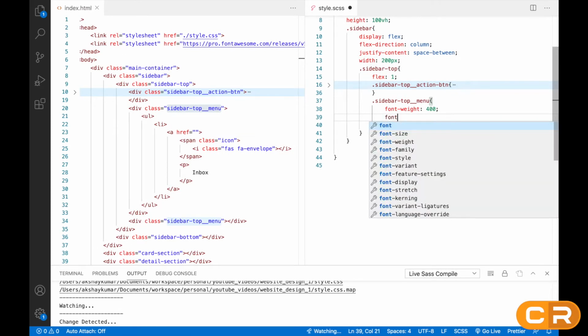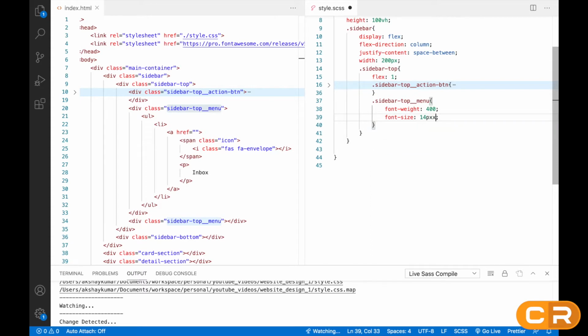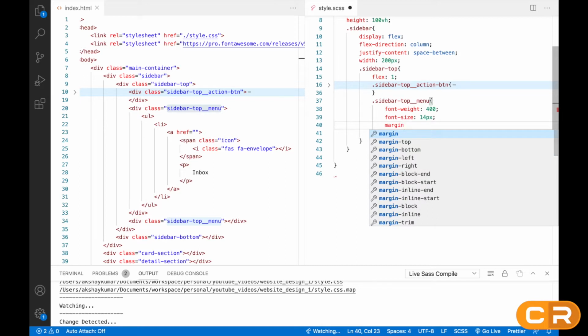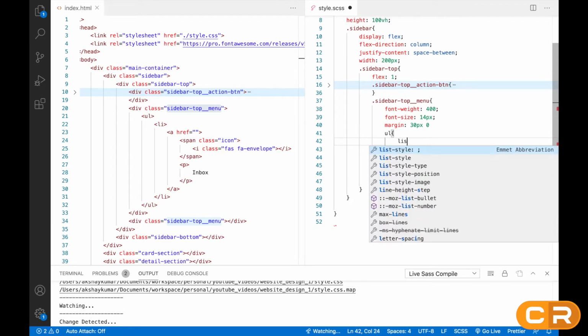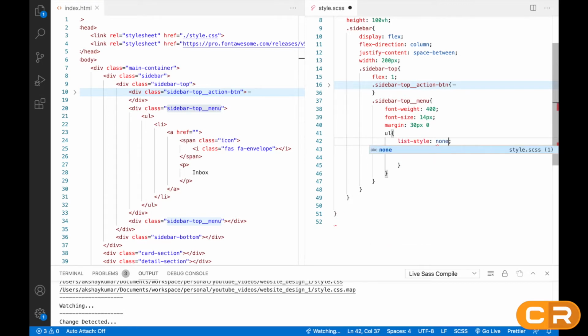Then font size, it's 14 px, and margin will be 30 px and 0, right? After this, we'll write UL, then LI. Inside UL, we'll write list style none. So it will remove those circles before LIs, right?